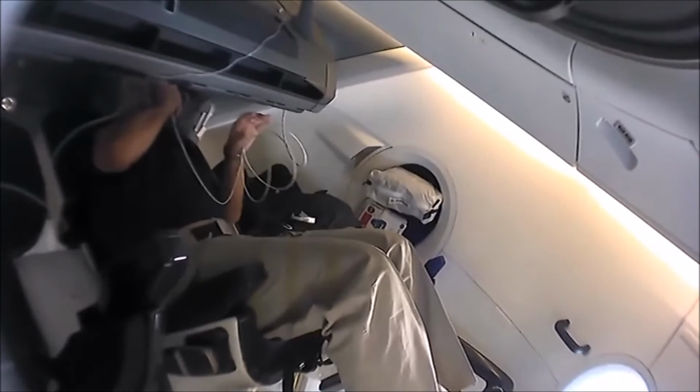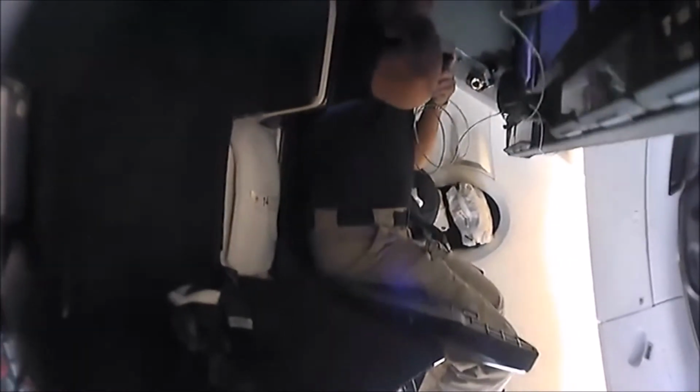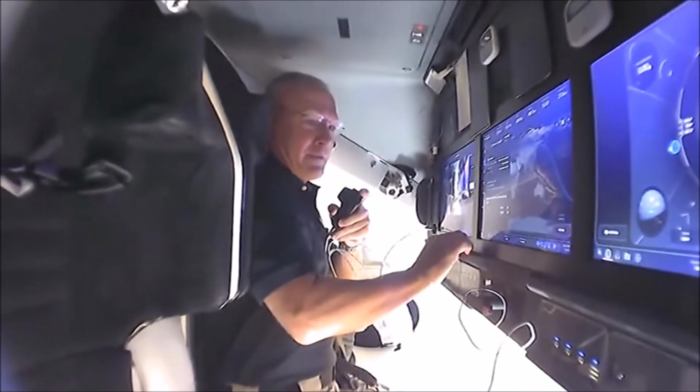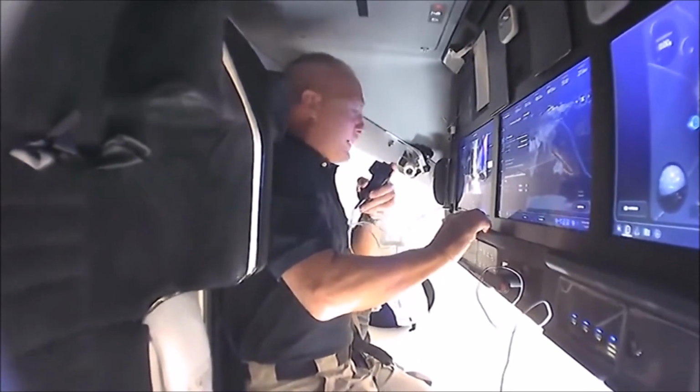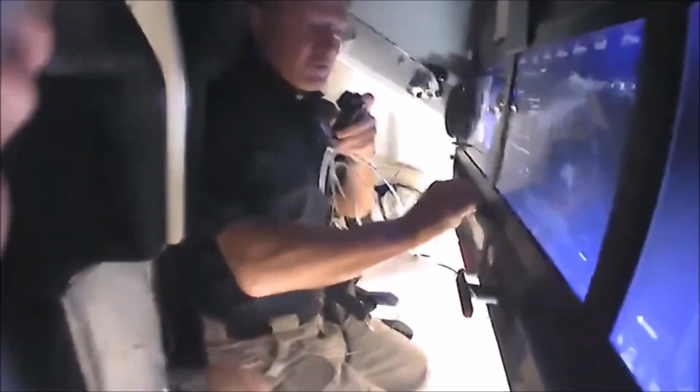Bob's panning the camera back now, just kind of taking a look around the cabin just to see how things look after a cruise lived in Dragon for an evening. Last night, the way things went, we had our normal activation, got out of our suits, had a little bit of dinner, then reconfigured the cabin for orbit ops. Did a couple other events, including the media event last night, and then we proceeded to get ready for bed,